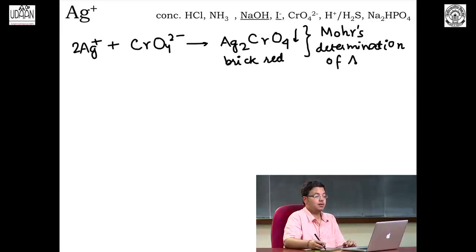ऑफ Ag+ में हम Ag+ की क्लोराइड के साथ प्रेसिपिटेशन टाइट्रेशन कराते हैं और उसमें लिटिल अमाउंट ऑफ क्रोमेट आयन के साथ Ag2CrO4 का प्रेसिपिटेट आता है. इसके इंटेंस रेड कलरेशन की वजह से हम एंड पॉइंट को डिटेक्ट कर सकते हैं. फर्दर मोर Ag+